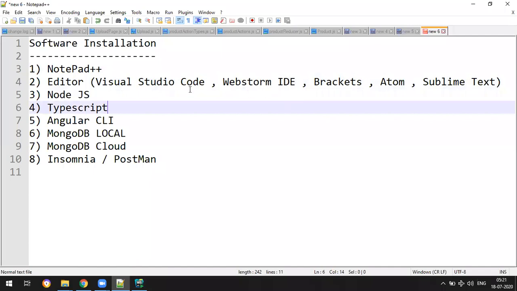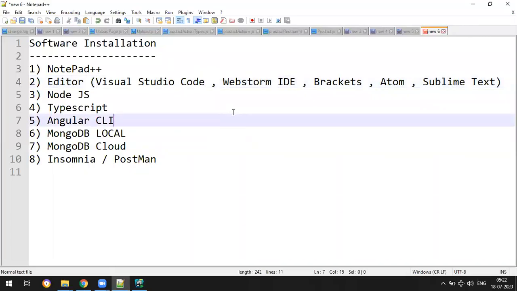The difference is that an editor's installation comes with very few plugins, only very basic functionalities. If you want to extend the functionality, suppose you want to use an Angular project, a React project, and connect with Node and a live server,